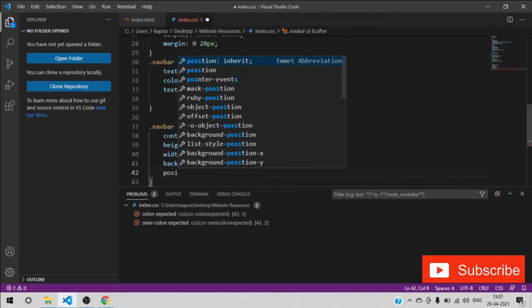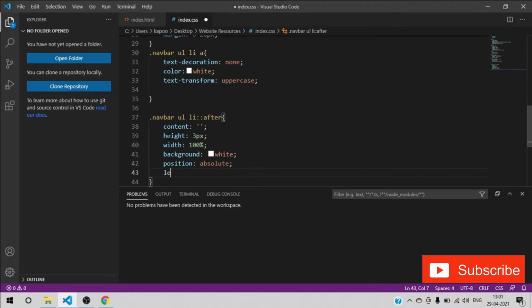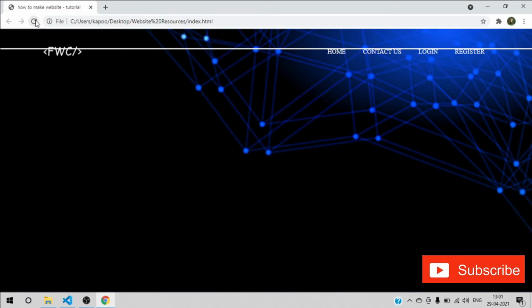Okay, the position is absolute, and then left is 0. Okay, and what next we have is just look at this, refresh it, we will be getting one horizontal line.